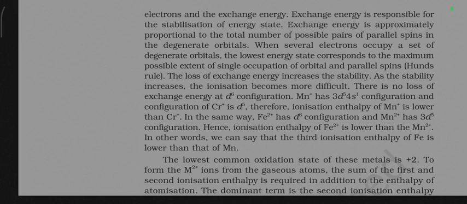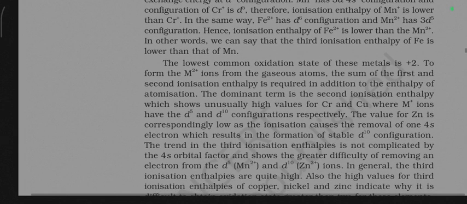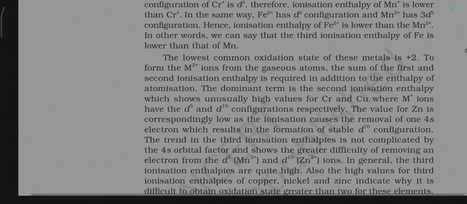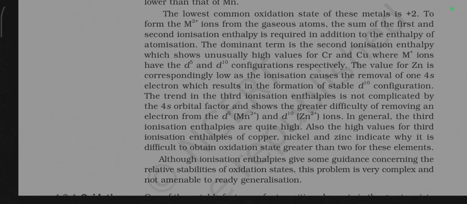In the same way, Fe2+ has d6 configuration and Mn2+ has 3d5 configuration. Hence the ionization enthalpy of Fe2+ is lower than that of Mn2+. In other words, we can say that the third ionization enthalpy of Fe is lower than that of Mn. The lowest common oxidation state of these metals is +2. To form the M2+ ions from the gaseous atom,